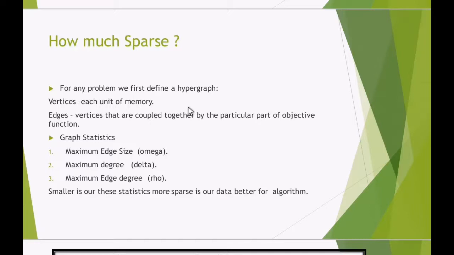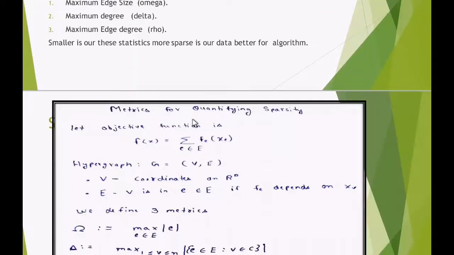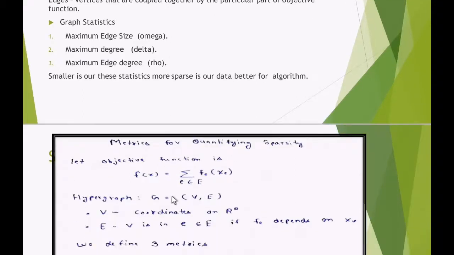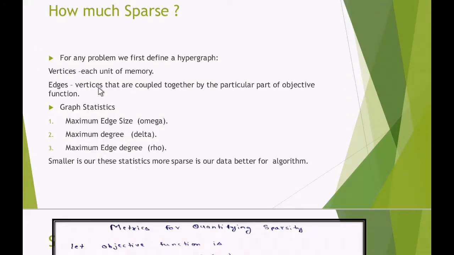Because the more sparse our data is, the better our Hogwild algorithm performs on it. So to quantify sparsity, we use a hypergraph. In this hypergraph, each vertex is each unit of memory of the data, and each edge of this graph is all those vertices that are coupled together,